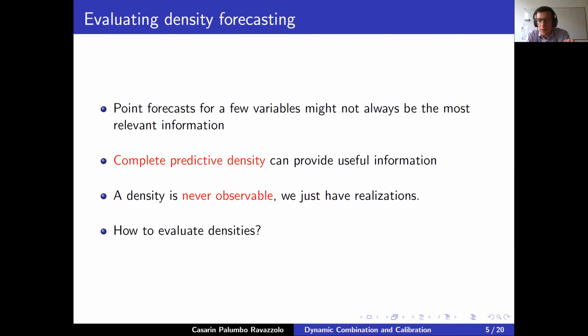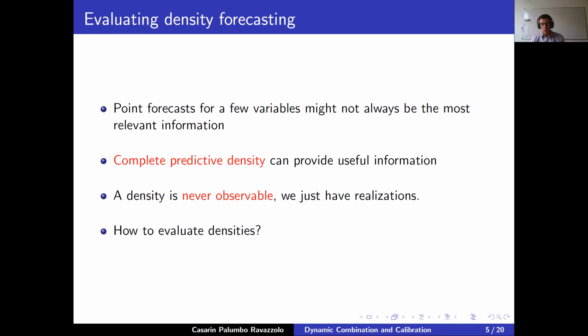I think that's easy. We all agree that it's important to try to predict the future, at least of some variables of interest. But why should I need complete predictive densities and not just a point? We like to have a full distribution. That's what we look at as statisticians and econometricians. But remember that the main issue about